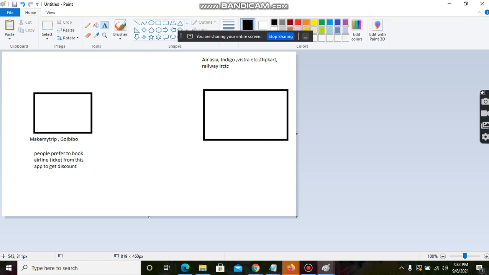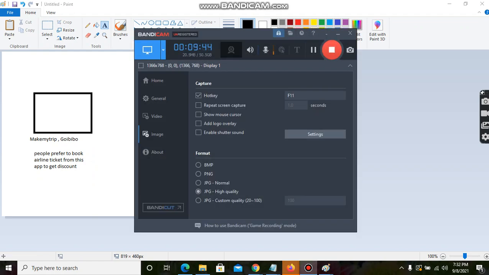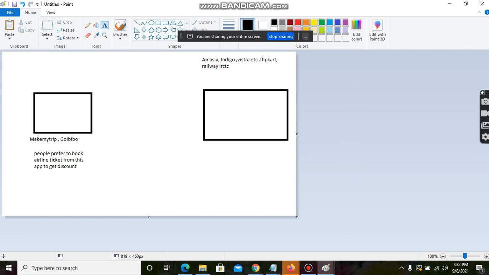Now you think that when people are going to book the ticket from this, they are going to face the loss, right? Obviously, when every person books the ticket from this, then what about making the website? But you might be thinking that Air Asia and all, they are facing loss